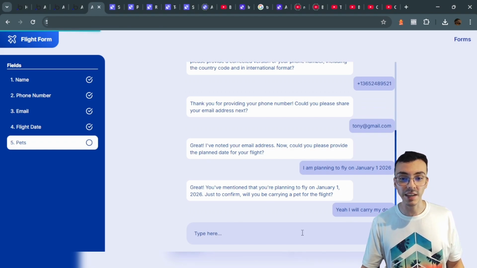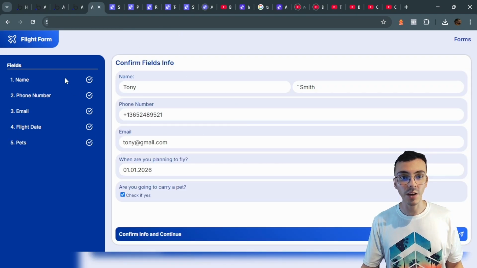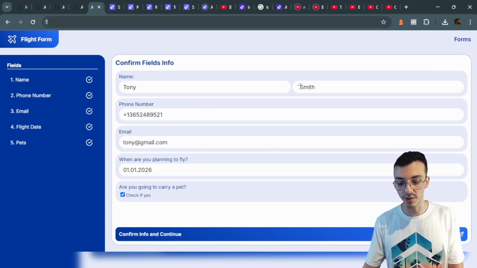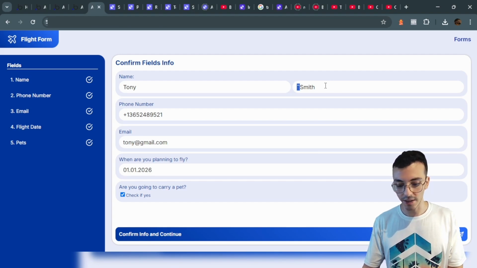And as you can see, we cannot send any message until Relevance responds to us. So now it filled in all of the fields, and you can check out all the fields that you just sent to the chatbot. For example, here the chatbot added these characters, so I'm going to delete that, save changes,